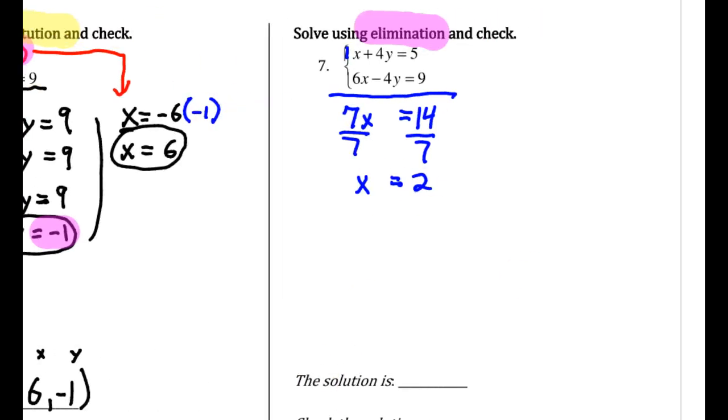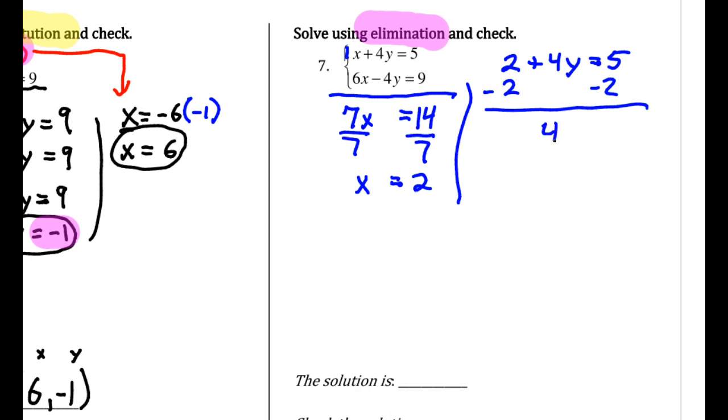And after that, it's the same process. We're going to plug into the top equation. So we get 2 plus 4 times y is 5. And subtract. And divide. So we have y equals